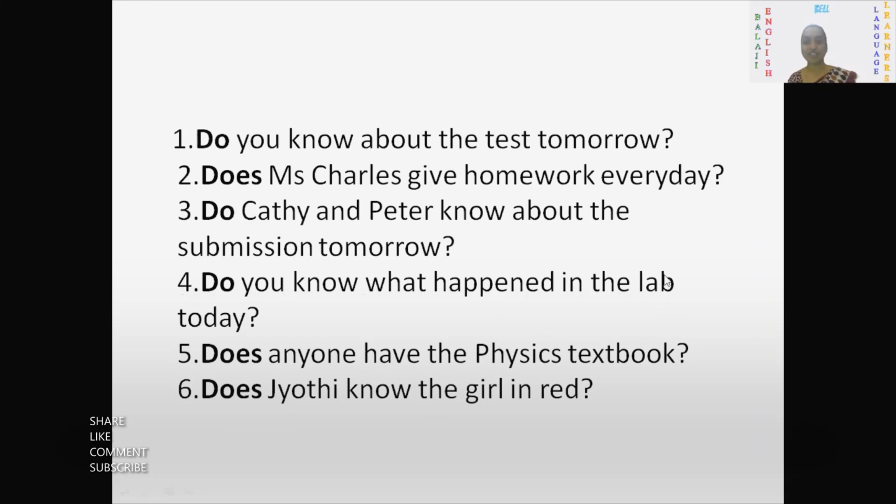See here, the answers are given to you, but please try to answer it before seeing the answers. Okay. Do you know about the test tomorrow? Does Miss Charles give homework every day? Do Kathy and Peter know about the submission tomorrow? Do you know what happened in the lab today? Does anyone have the physics textbook? Does Jyothi know the girl in red? Yes. These are all nothing but just a type of